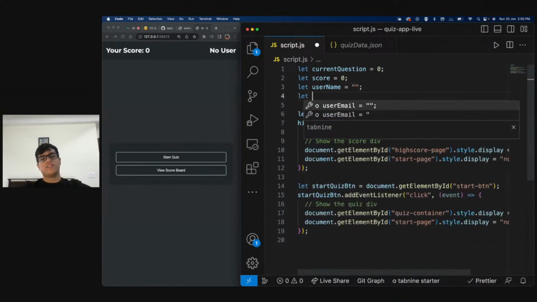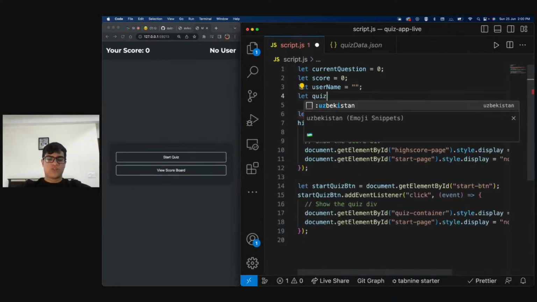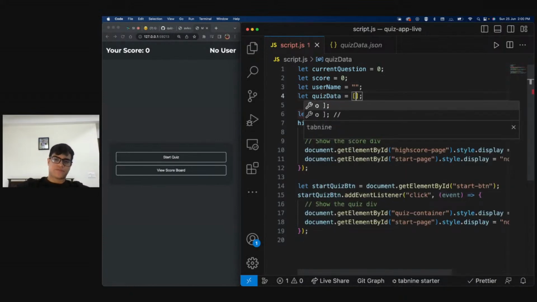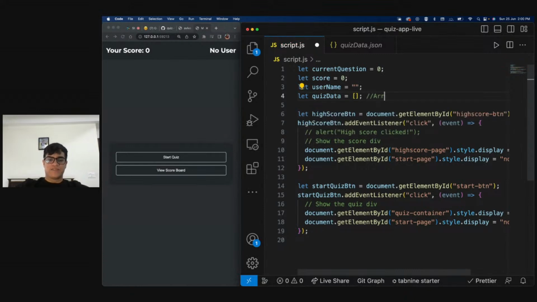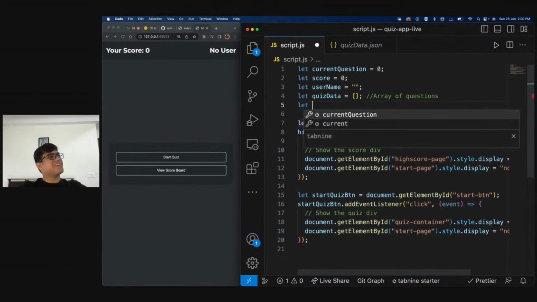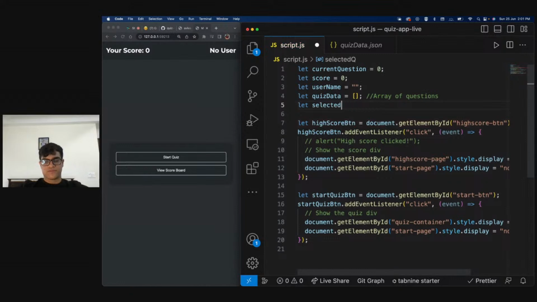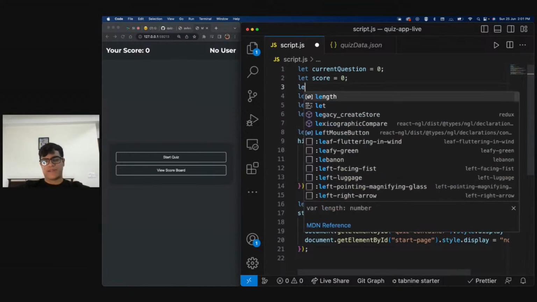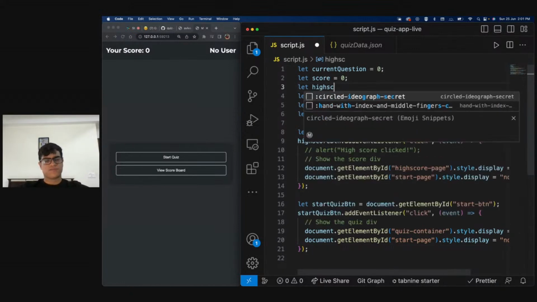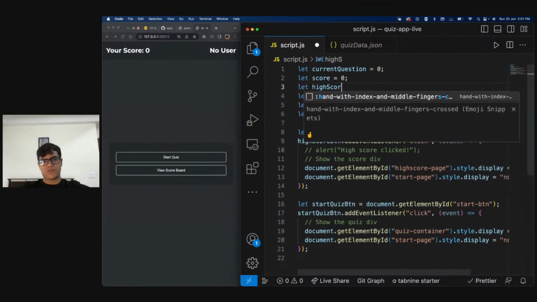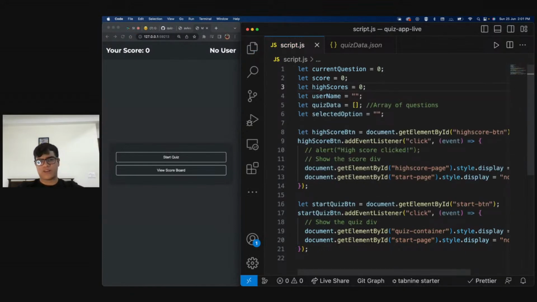Okay. We will also need to have our quiz data. So quiz data is basically this array, right? This is the array of questions. Okay. We need to have selected option, and I think that is it. I'll tell you what all of these variables do. Right? We need to also have our high score technically. So I'll explain the high score logic as well. Right now, we don't need to worry about the high scores logic. But right now, let me just say zero, hard coded.